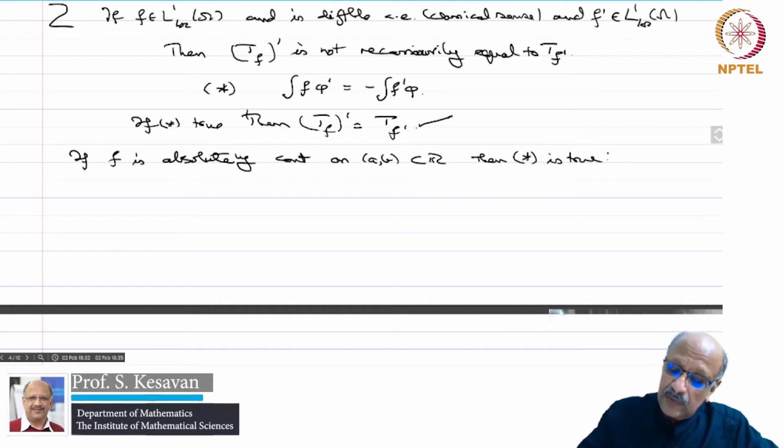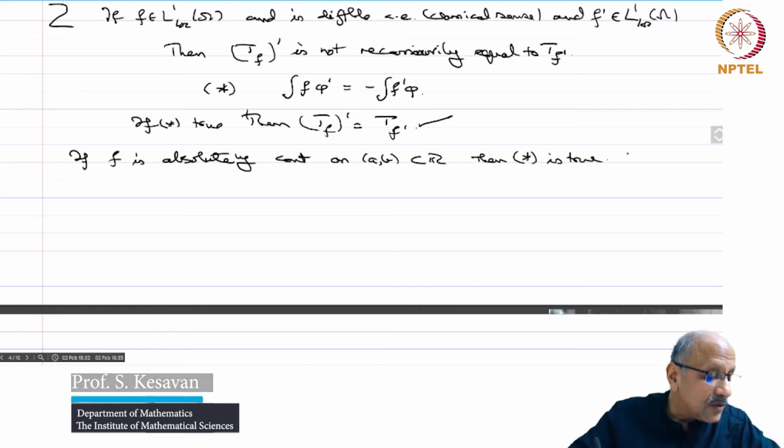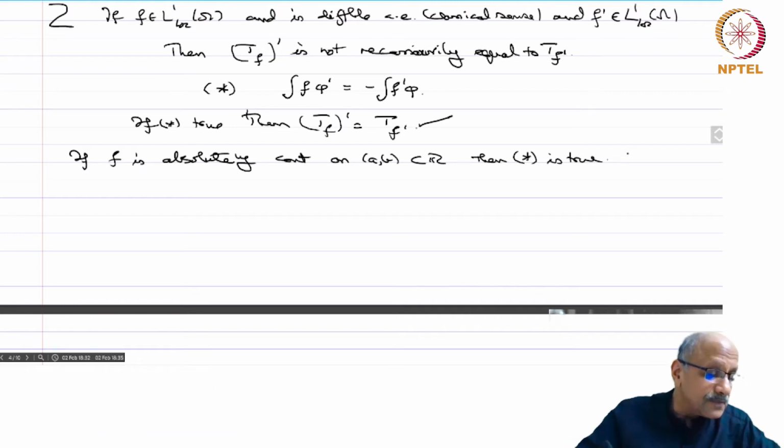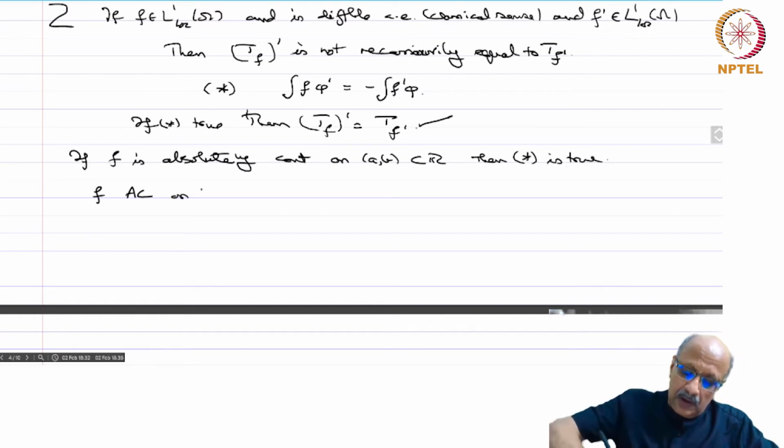Okay, so in some interval, let's say this is true. So let us try to prove that this is true. Let us take f absolutely continuous, say in R for instance. It doesn't matter, in any subinterval. Okay, on let's say